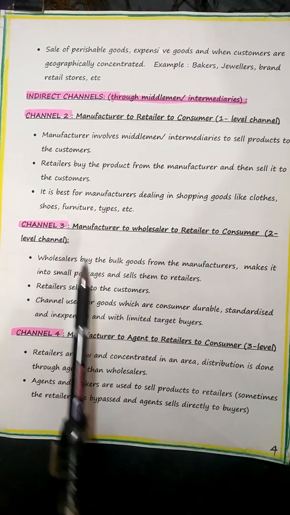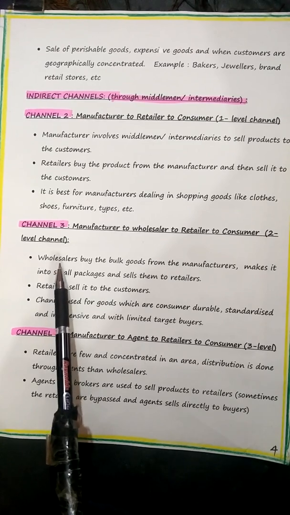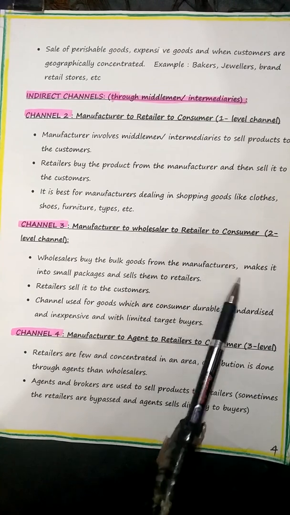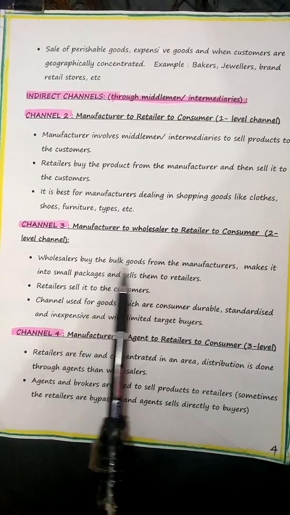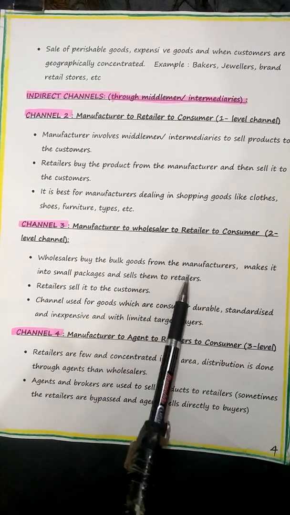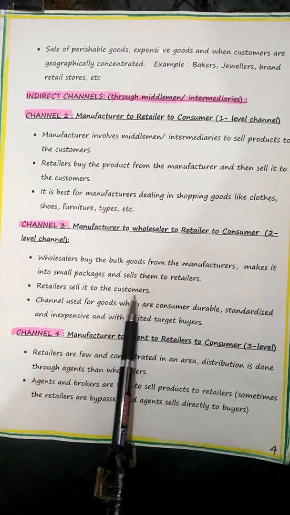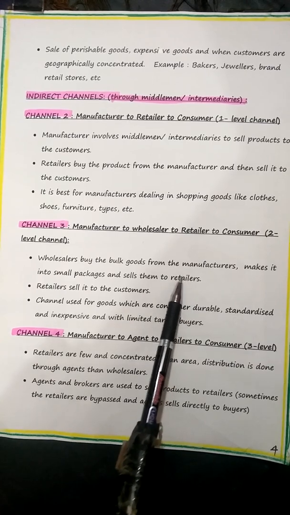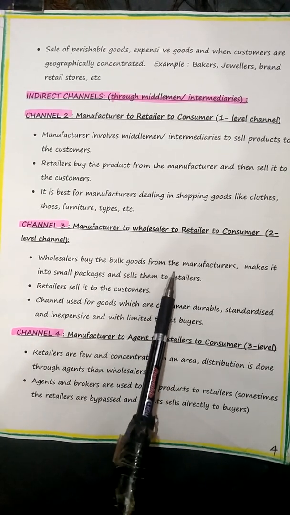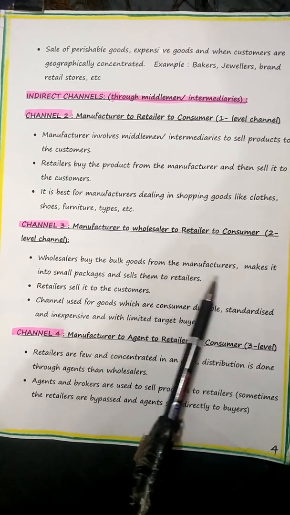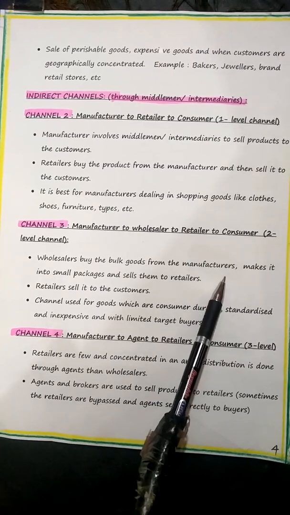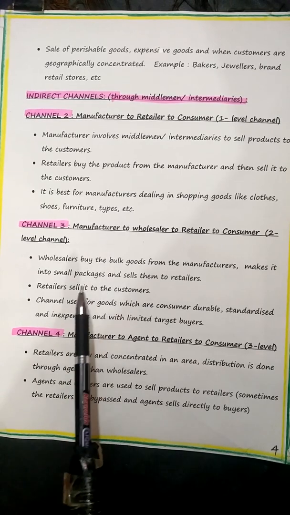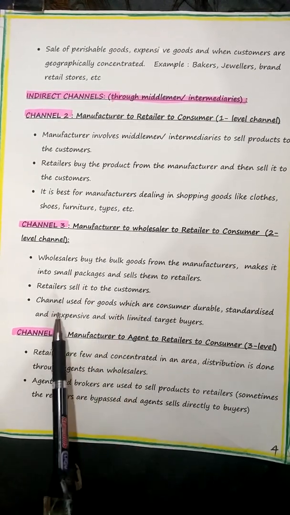Very important. Now, wholesalers are those who deal with wholesale trade. Wholesalers buy bulk goods from the manufacturers, make them into small packages, and sell them to the retailers. See how the chain goes now from the retailer to the customer. Wholesalers get access to the outlets. You must also know this. They get access to the outlets and also a large customer base, a huge market. The retailer in turn sells it to the customers.